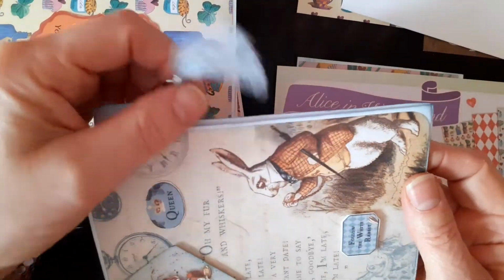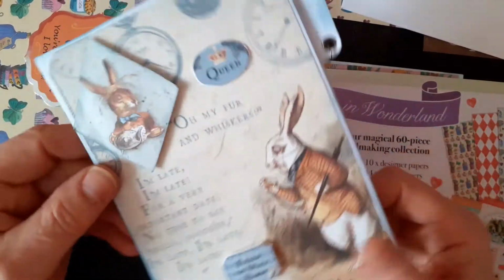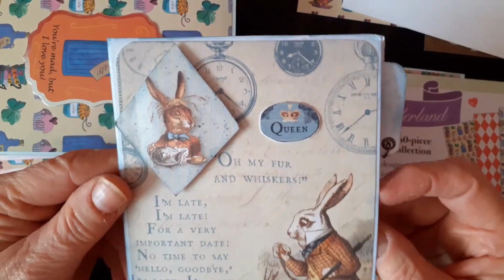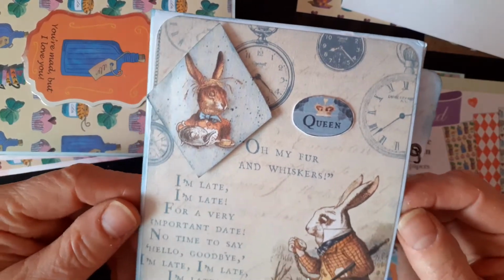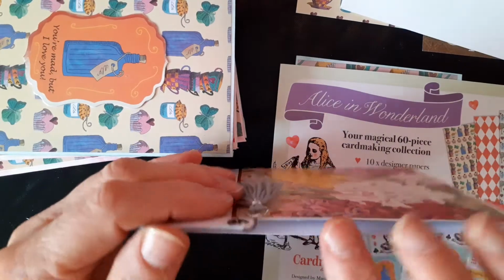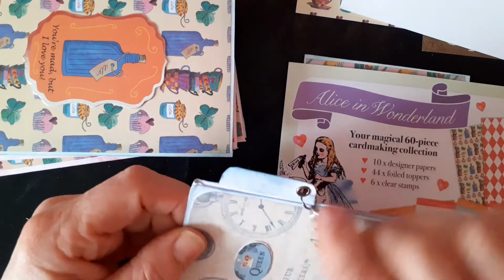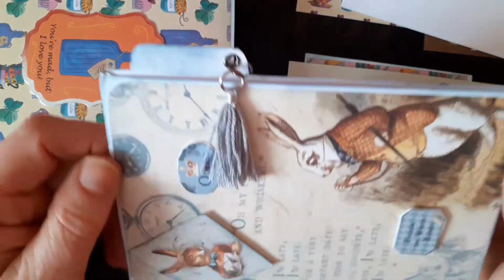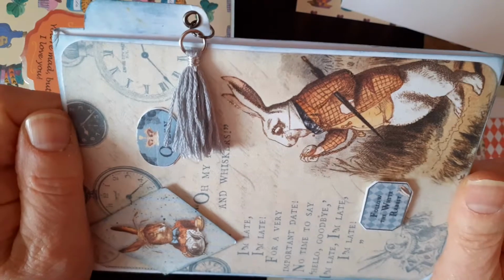A couple of weeks ago I received this beautiful little file holder in the post from the lovely Kazeekins1, who was doing a giveaway, and so she'd made this little pouch. So there's a pouch here, with the tag and everything, and this lovely tassel. So I thought I could make more of these and